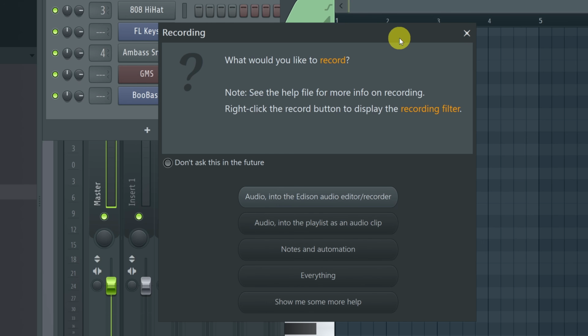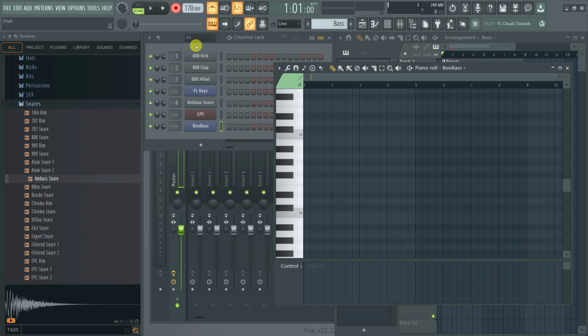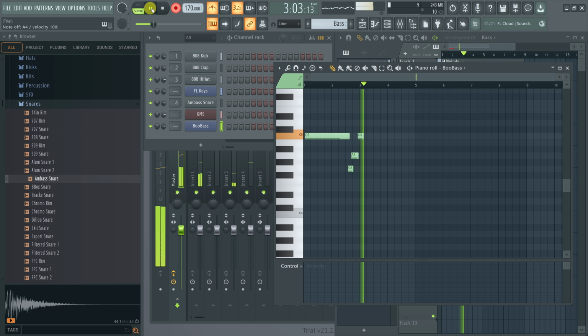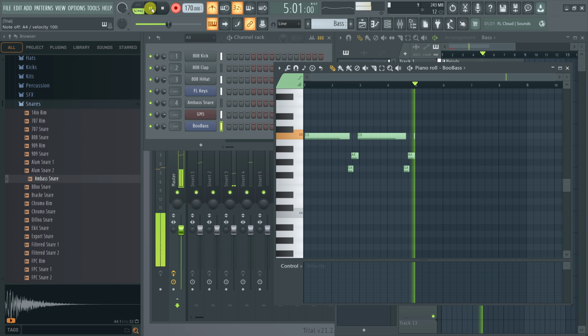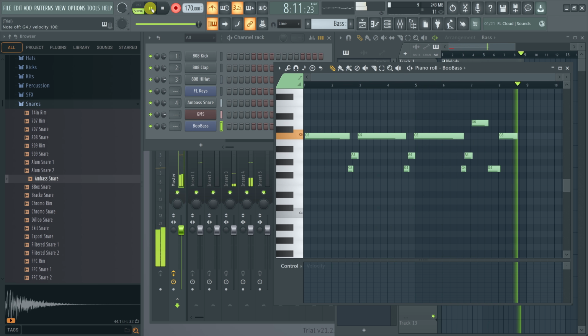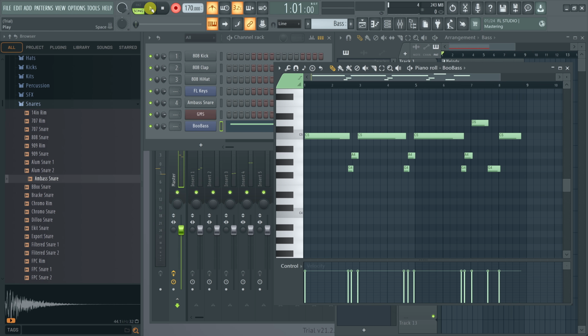Now you'll get a menu that pops up when you hit the record button. I'm going to just record everything. And now the recording hasn't started yet. To do that, I have to hit the play button so the arrangement starts playing. And when you're done recording, you could hit the space bar to stop the song from playing and then deactivate